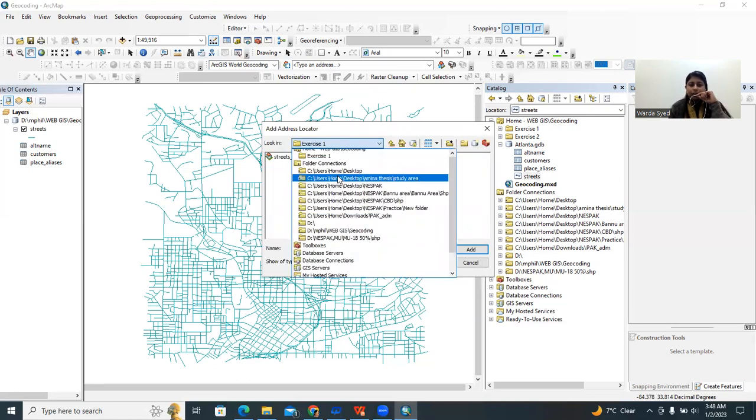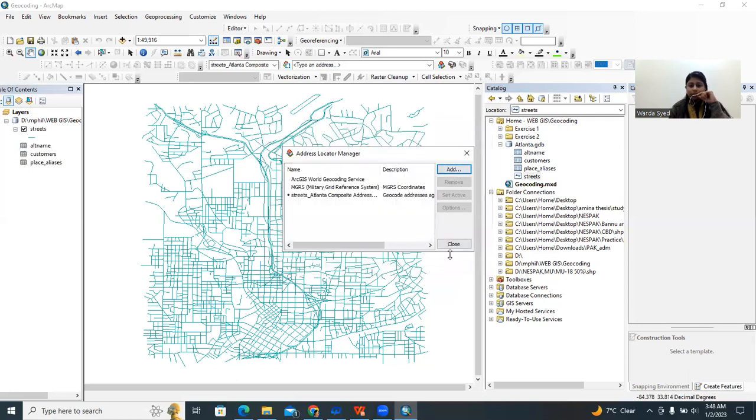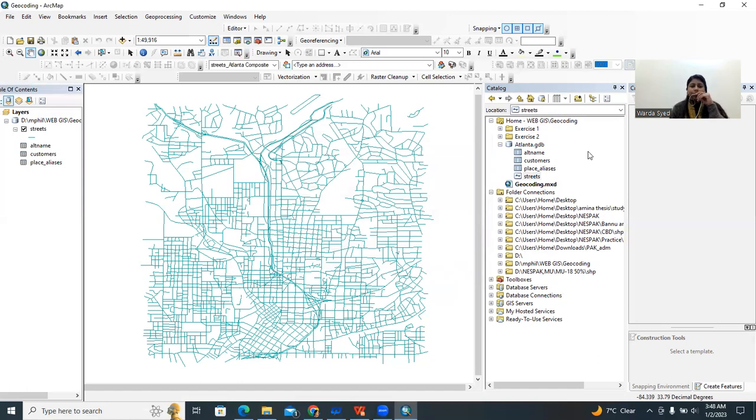and then I have to navigate towards the composite address locator and then add, close. Now I have to type some addresses to find them in this folder. So the first one is 150B, AVE Northeast,